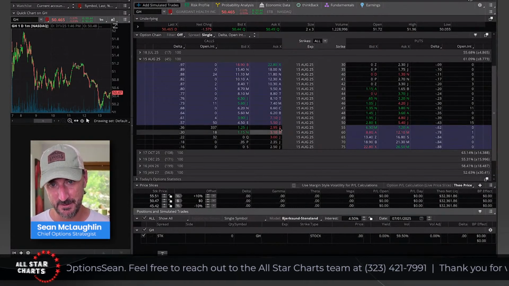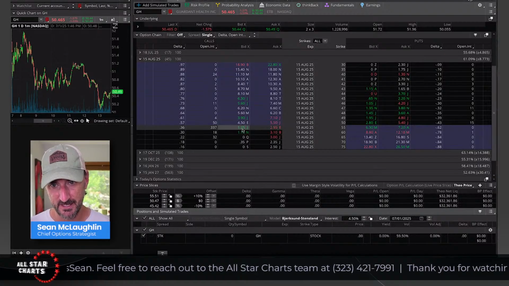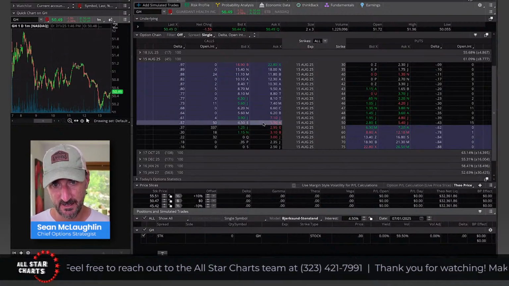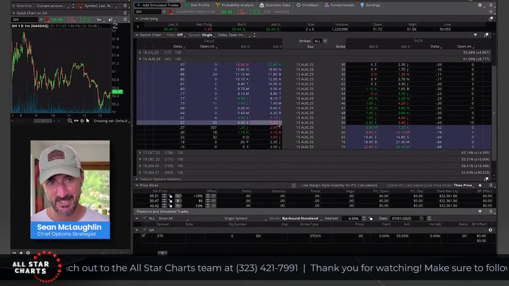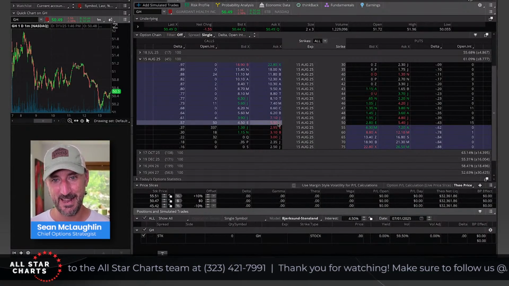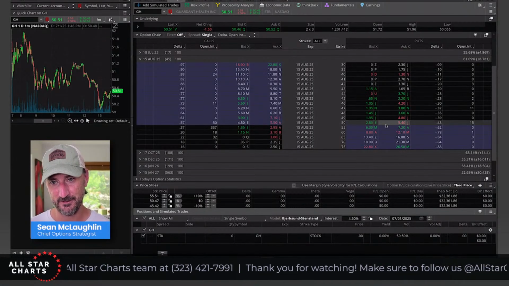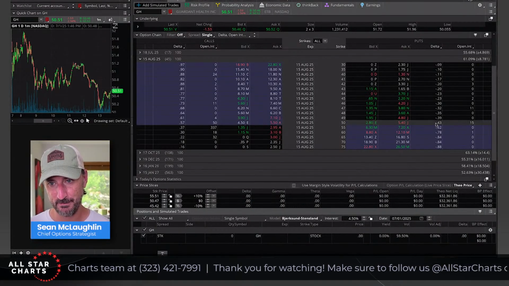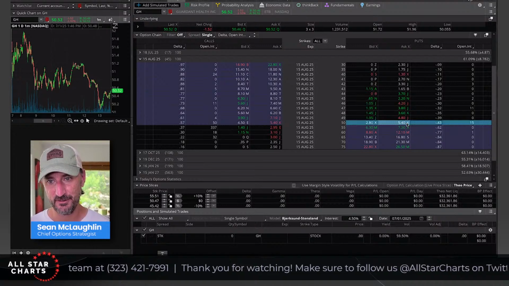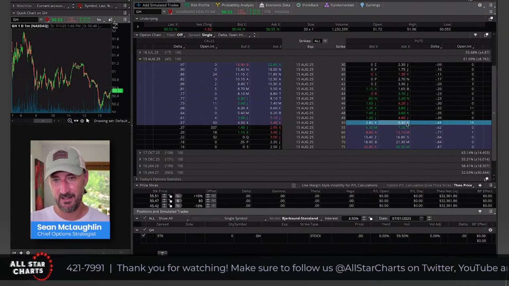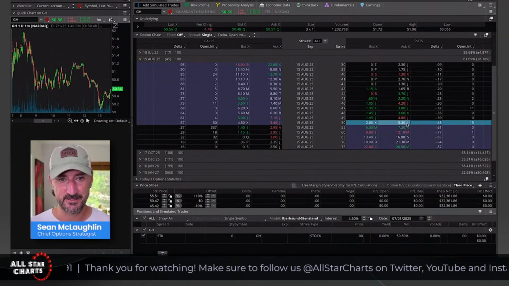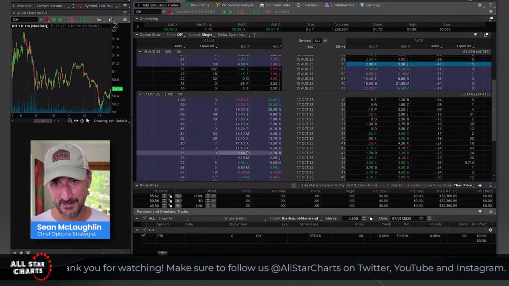But look at these options. I mean, even the at the money options on the call side are a dollar wide, 450 to 550. That's not terrible, but it's not a good starting point, right? When your at the money strikes are that far away. But the puts are even worse, right? The puts are 280, offered 540. So you know what? I'm going to wash my hands of this stock already because it's not tradable, at least not in August. Let's see if it's different in October.